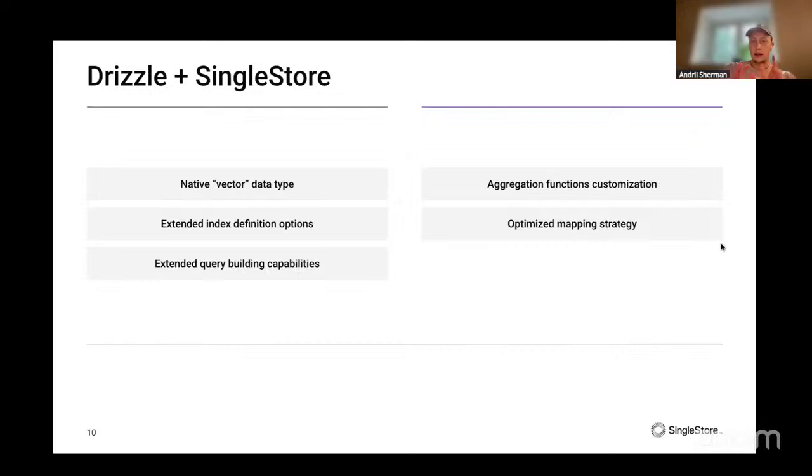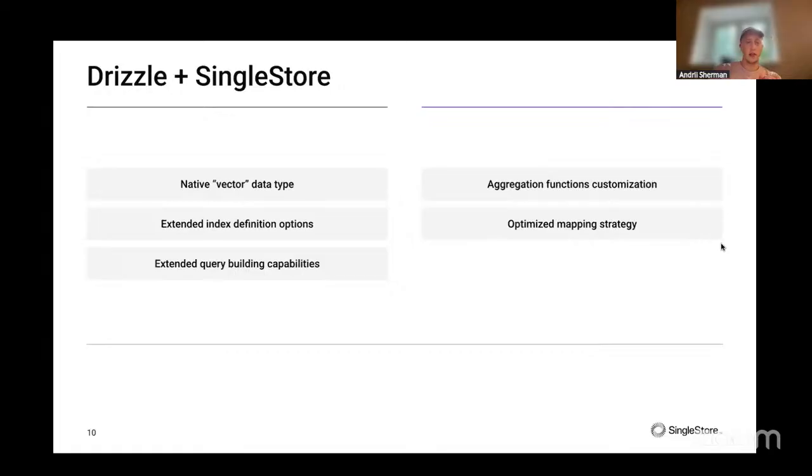When you're using analytical data, for example, you need extended index definition options and explicit algorithms for indexes, how they should be stored, maybe vector indexes that can help you select and query your vectorized data much faster and in a more performant way. So we try to bring SingleStore-specific features to Drizzle as well, so you can define your schema in a way that I guess would be hard to do with other libraries.